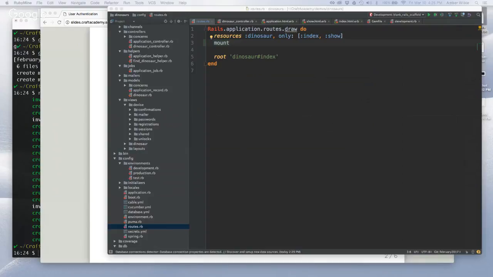So Devise is a little bit different than other things that we've worked with. We need to mount it as an engine, which is just a special way of saying we're going to use all of the Devise stuff. So we say devise_for, we don't say mount. Okay, devise_for, and now we need to determine